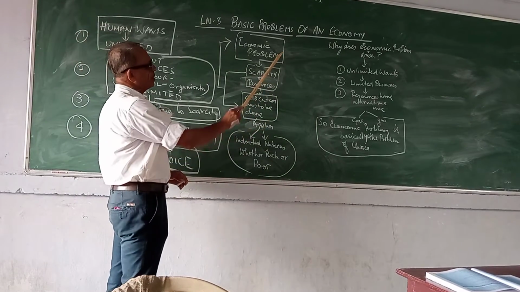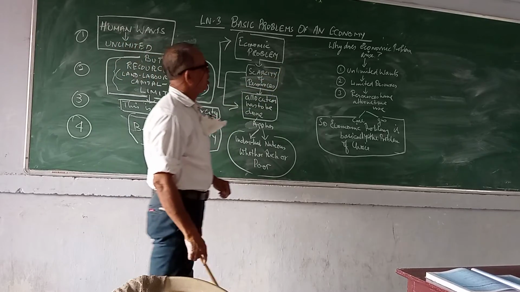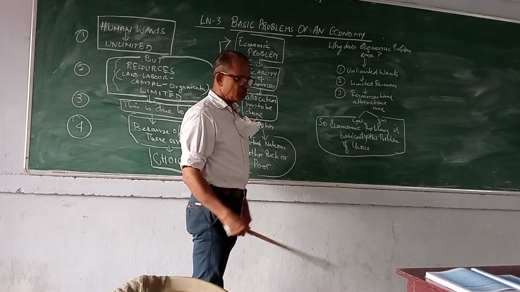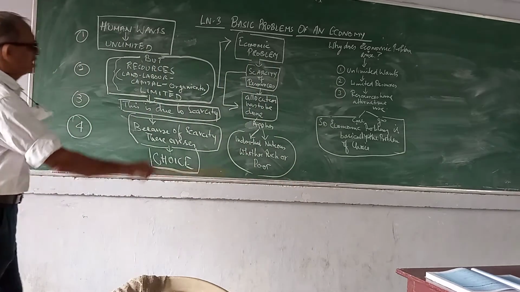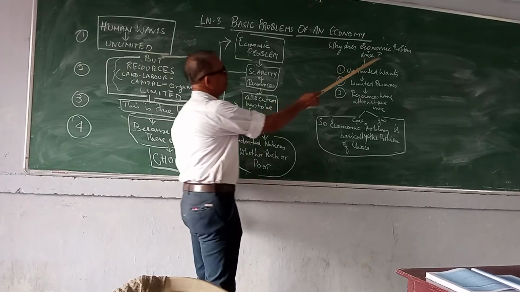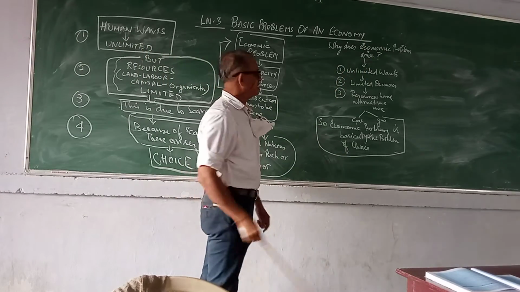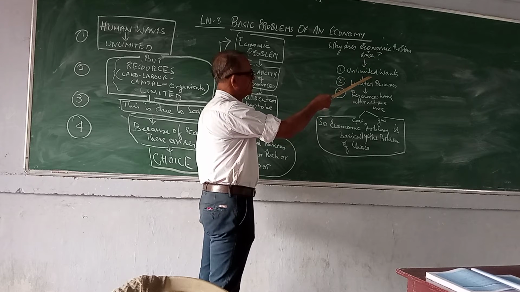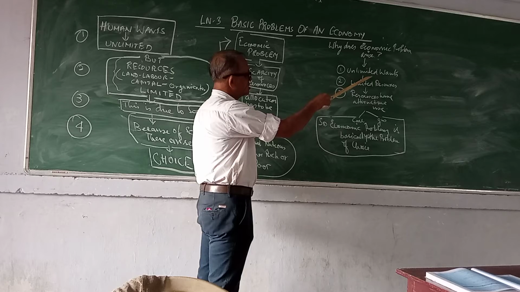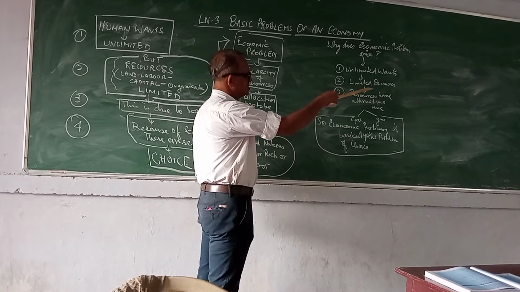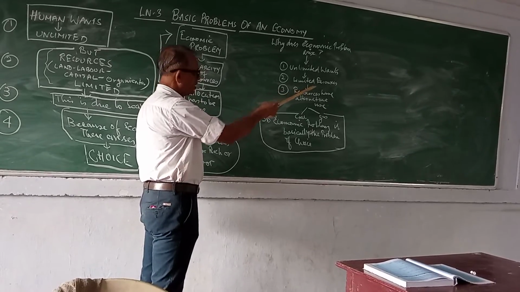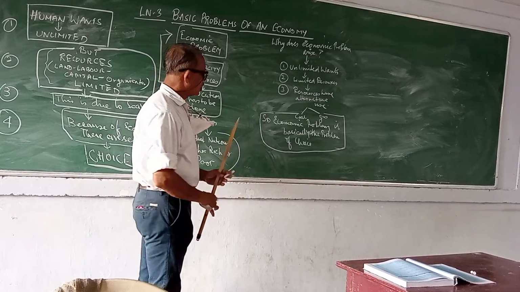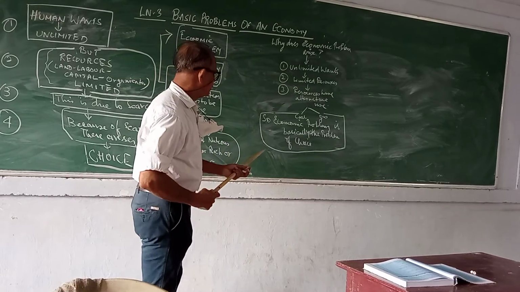Now, I am coming to the third section of the basic problem. Now, I hope you must have understood these 2 sections. Now, why does economic problem arise? So, I am summarizing here. Economic problem arises because of unlimited wants and limited resources. And further, because resources are limited, there arises a choice. Say for example,